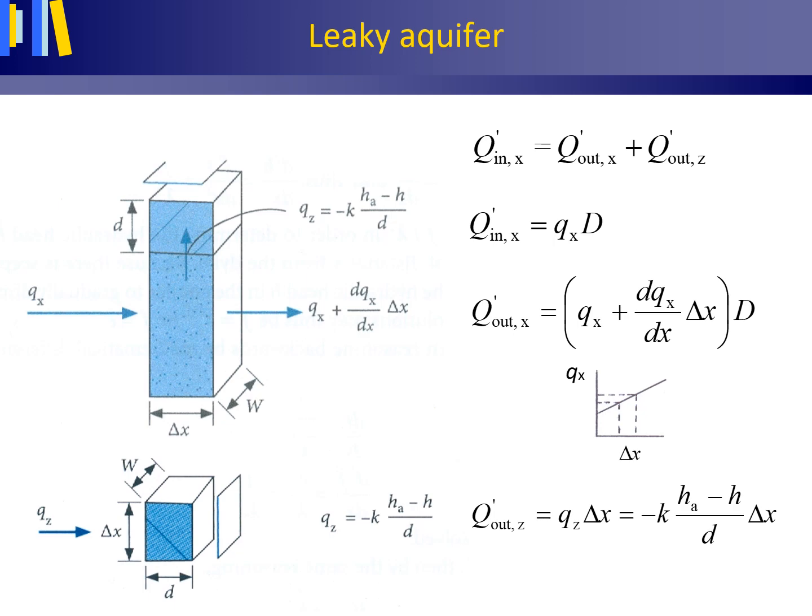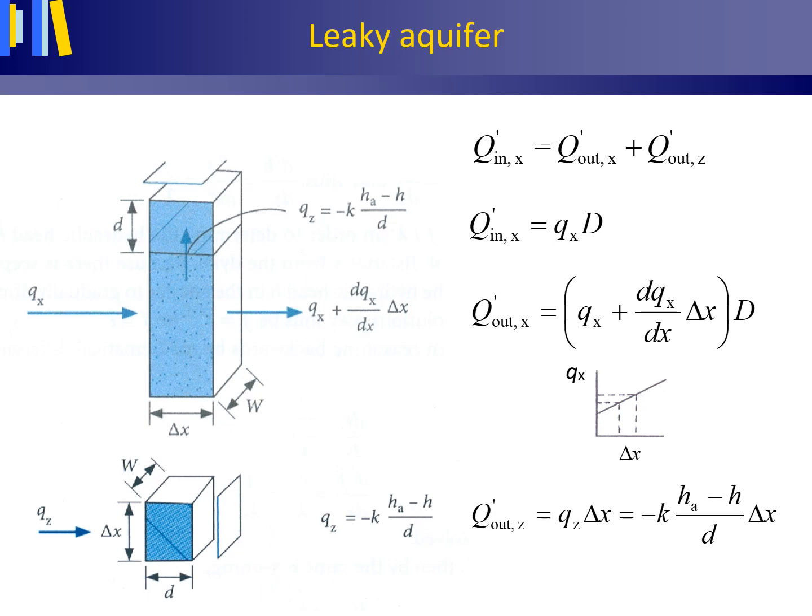This slide shows that column again. Here we have the aquifer with depth large or uppercase D, horizontal hydraulic conductivity large K, width W, and horizontal distance delta X. And here we have the confining semi-permeable layer with depth small or lowercase d, vertical hydraulic conductivity small k, and the artificially maintained hydraulic head HA is drawn in as a flat plane. And here below we have the confining layer again, but now turned on its side.